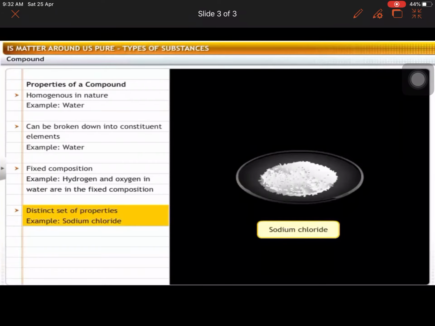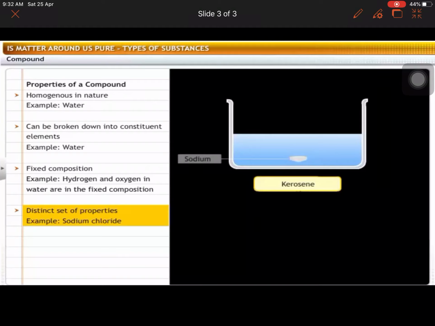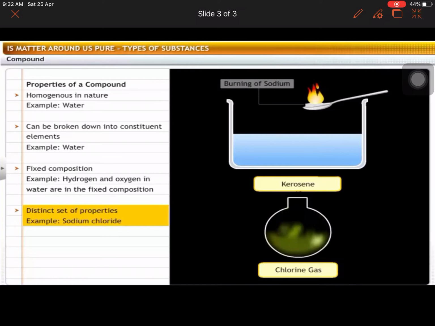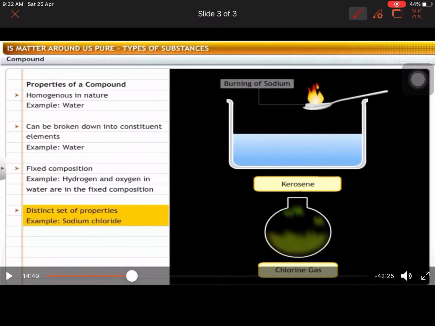On the other hand, its constituents, sodium, is a grayish-white solid, and chlorine is a greenish-yellow gas, that are potentially dangerous. But when they combine, sodium is a highly reactive metal which catches fire when exposed to air. सोडियम की इंडिविजुअल प्रॉपर्टी है, अगर वो एटमॉस्फेयर में आ जाए और हल्का सा मॉइस्चर मिल जाए तो सोडियम बहुत ही रिएक्टिव मेटल कहा जाता है, बर्न हो जाएगा, हाईली इन्फ्लेमेबल है।